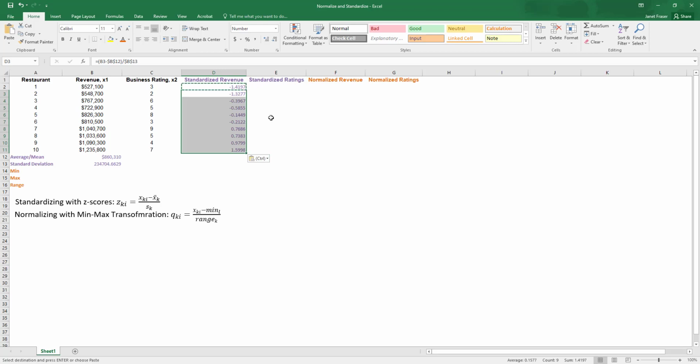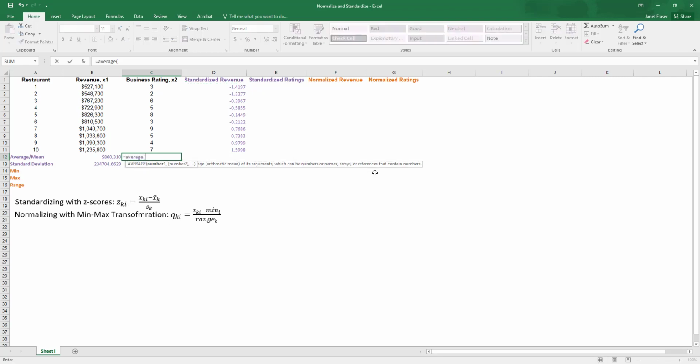So we see that the scale and difference in the size of the numbers is now a fair bit smaller than we see in column B, which is our original data. And then we can go ahead and do the same thing with our business ratings. Again, taking the average of our business ratings for the 10 restaurant locations we're interested in. Looks to be about 5.2. And then we also want to get the standard deviation of this sample. And we find that that's about 2.29,